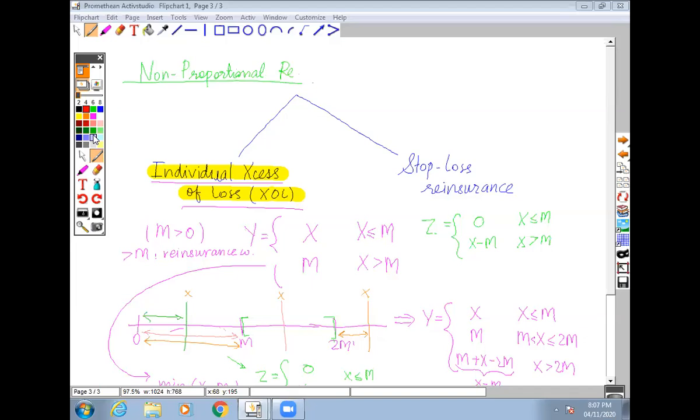So what I said was, instead of having only one policy, let's say A, and then we see if the claim amount from that one policy A exceeds M or not, instead of asking that question, we'll bunch a group of policies together, let's say A plus B plus C, and we will see if A plus B plus C exceeds a certain value, and if it does, that will be paid by the reinsurance company. Does this make sense?